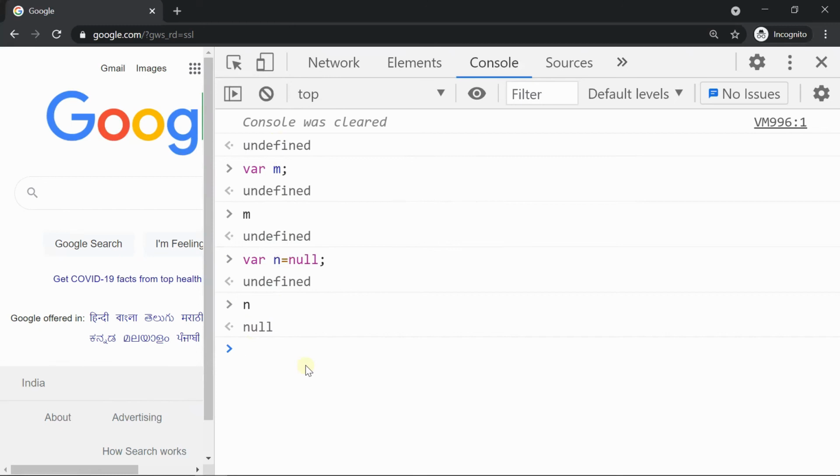I think that's all in this tutorial. We have learned a lot. We have learned the different data types, and how to declare and initialize variables in JavaScript. And we have seen examples for typeof, to find out the data type of any variable. So that's all in this session. Thank you all. See you in the next session.